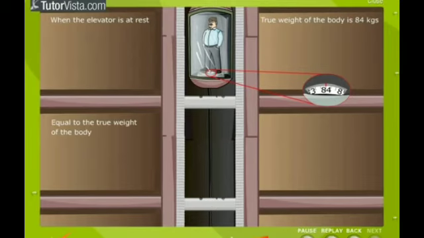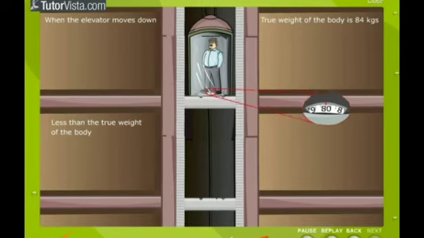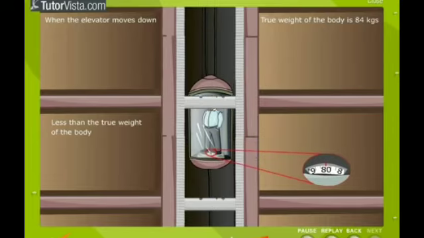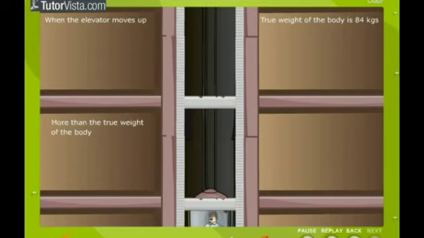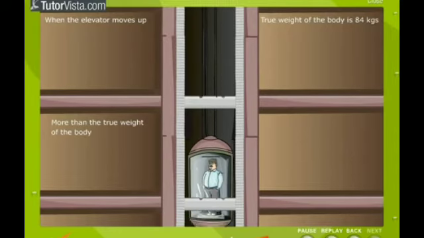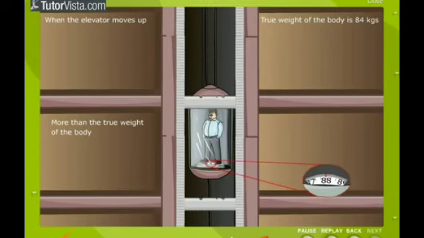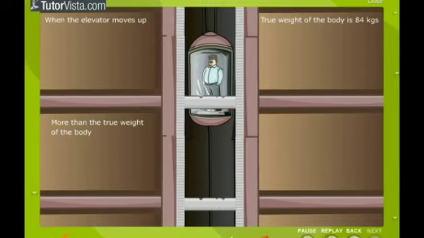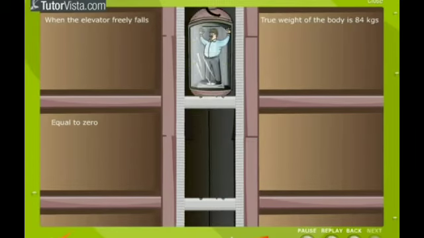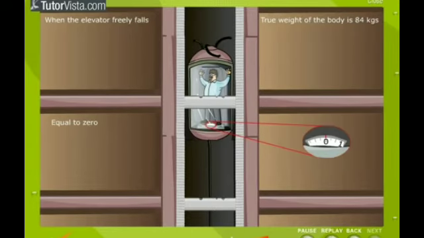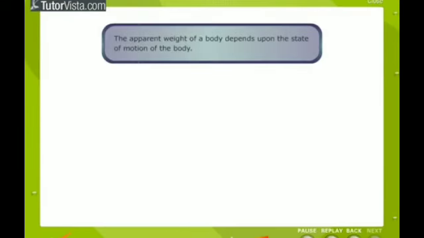When a man is standing in the elevator, there are two forces acting on him. First one, gravitational force, which acts downward. If we take the vertical direction as the positive y direction, the gravitational force acting on the man is F_g equal to minus mg j vector, unit vector. Second force, the normal force exerted by the floor on the man, which acts vertically upward. Normal force N is equal to N j vector.